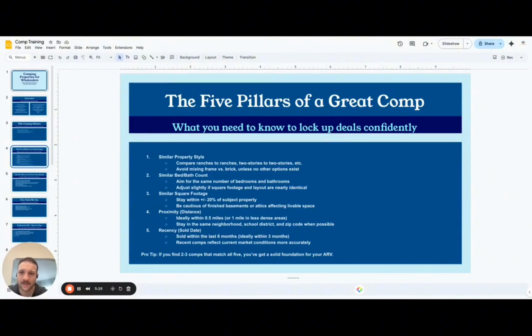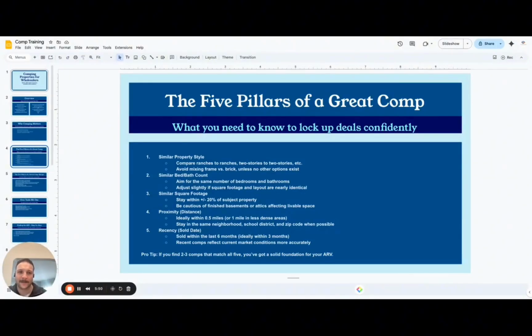Next, proximity. This is huge. You want to stay ideally within half a mile radius, or you could do 1 mile for less dense areas. You want to stay in the same neighborhood, school district, and zip code when possible, including actually the same city as well. So at points, you'll have a property that's right on the border of two suburbs.